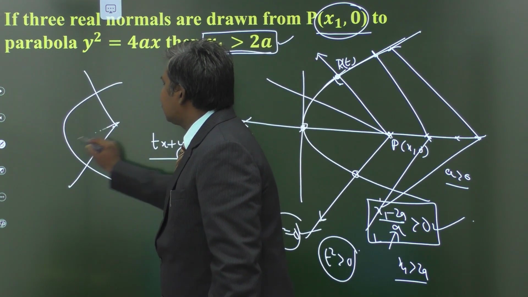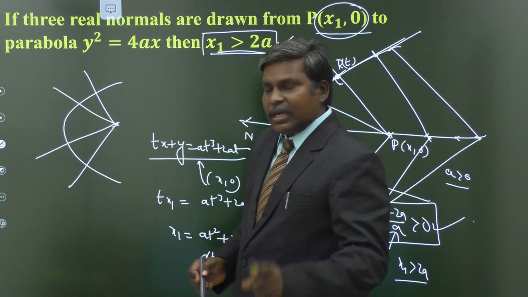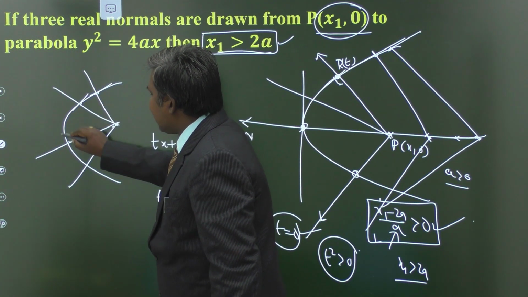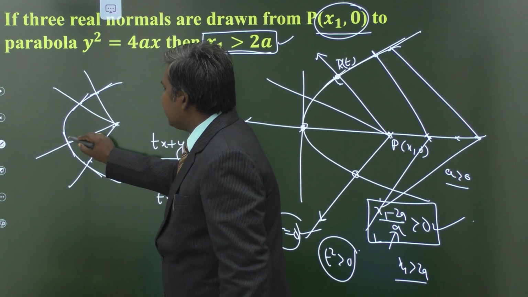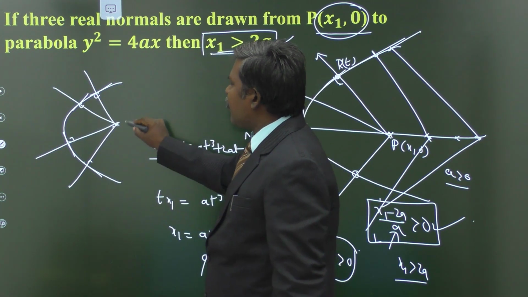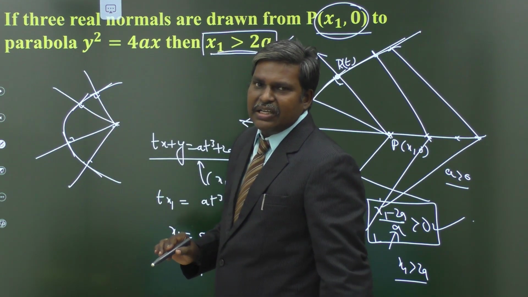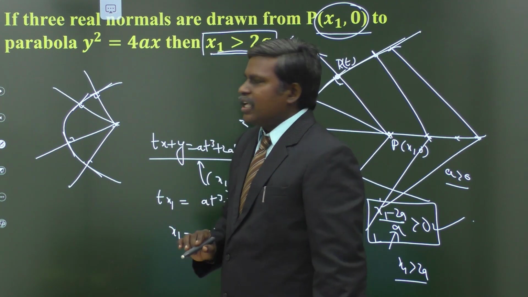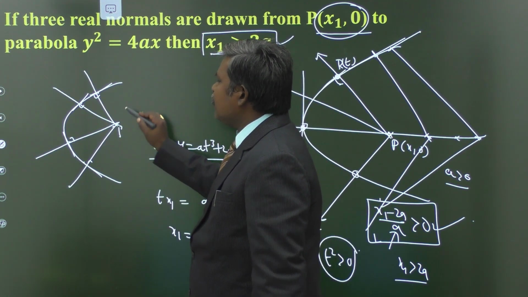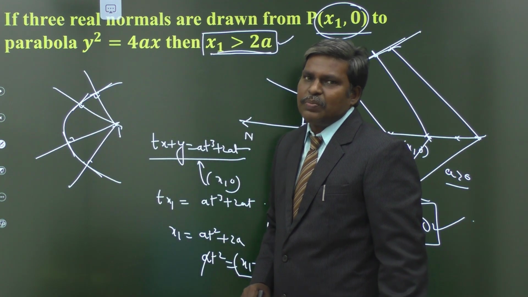All these are normals to the parabola. Why are you writing only 3? Yes. If you draw the tangent at these points of intersection, these tangents never make 90 degrees to those lines. There exist only 3 lines through that point such that the tangents at their points of intersection make 90 degrees to these lines. Therefore, at most 3 normals can be drawn from a given point P to the parabola. At most 3 normals can be drawn from a given point to the parabola.